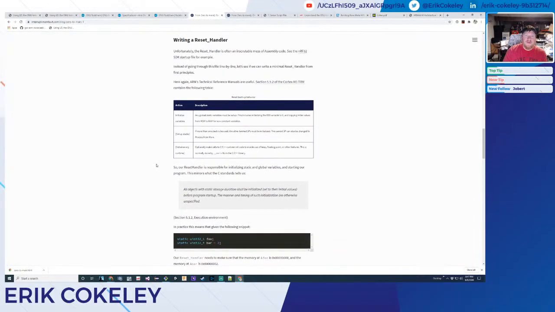Alright, writing a reset handler. Unfortunately, the reset handler is often an inscrutable mess of assembly code. See the